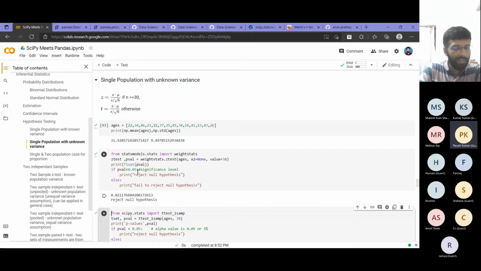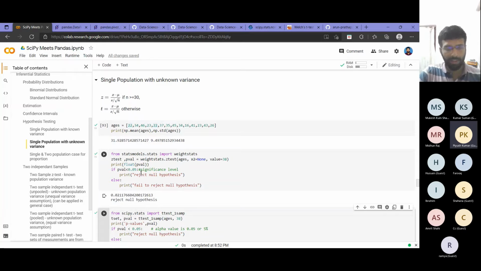Had my significance level been 1%, then a p value less than 0.01 would be needed here, but I got 0.02, so this case will not be applicable. In that case, I will fail to reject the null hypothesis. For the given significance level of 5%, my outcome is to reject the null hypothesis. For another value of significance level, my outcome may be different. That is what you may have to consider, because depending on the problem, you may be given different values of significance level: 1%, 5% or 2%.